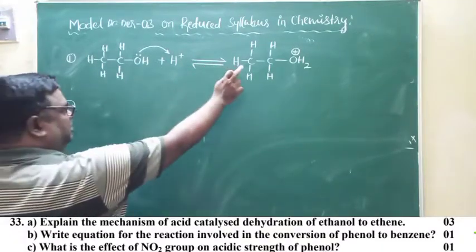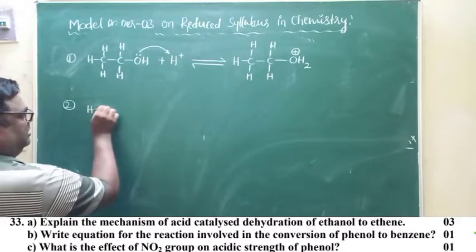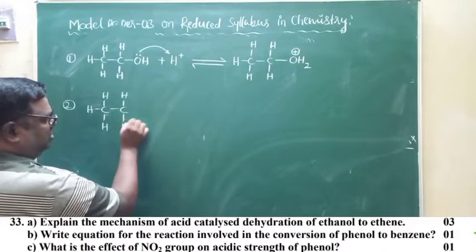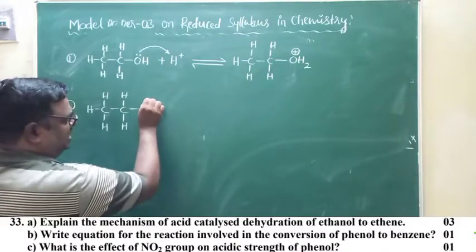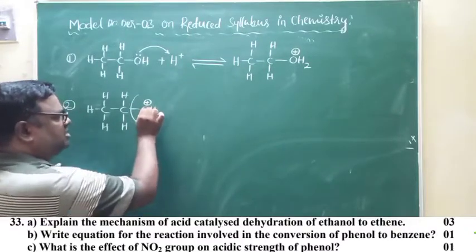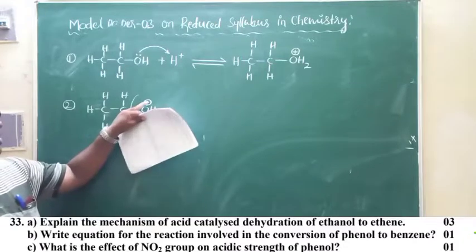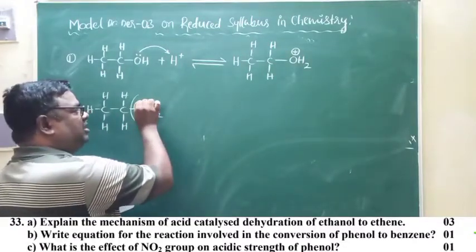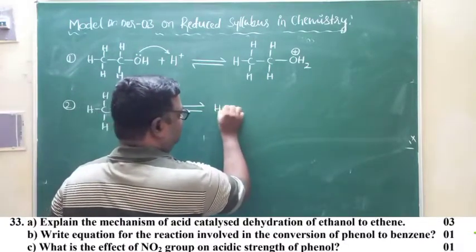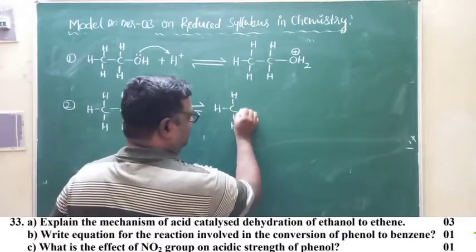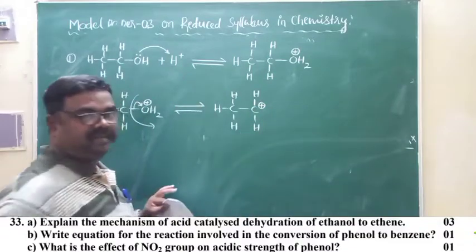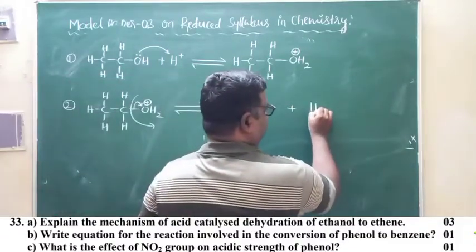Second step: the product of the first step, and of course it undergoes decomposition in the second step. The oxonium ion I said decomposes because oxygen is highly electronegative and supported by positive charge. Therefore, it attracts the sigma electrons towards it and thereby it decomposes to form a carbocation, that is ethyl carbocation. Yes. Here you must write positive charge on the carbon, ethyl carbocation plus H2O.